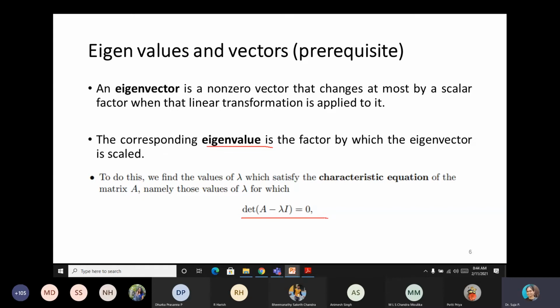We will first discuss how to find the eigenvalue, eigenvector, etc. through some examples. Then we will go to the steps of the PCA. So I think all of you know the characteristic equation. If I have a matrix A, we have to use the determinant of A minus lambda I equal to 0 to do this.